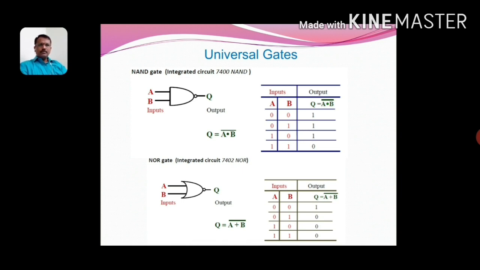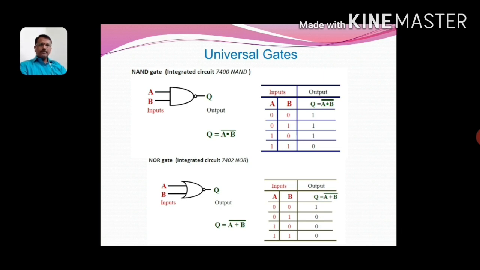So what is NAND gate? NAND gate is constructed by using AND plus NOT. So if there are two inputs A and B and Q is output, then the output of NAND gate, that is Boolean equation, Q is equal to complement of A dot B, means it is complement of AND gate. So we can define this NAND gate as the logic gate whose output is low when all the inputs are high, otherwise output is high.